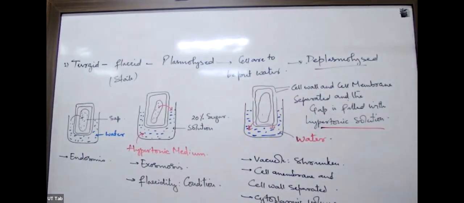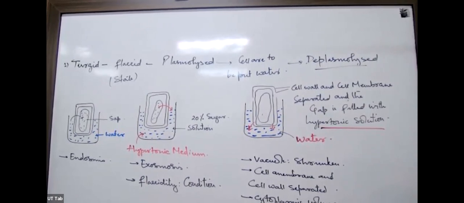The cell has not died out, and we are able now to revive the cell. What did we learn? We are talking about two terms, plasmolysis and deplasmolysis. What is the difference? Plasmolysis is the extreme loss of water by a cell placed in a hypertonic medium, and the extreme loss of water is by which process? Exosmosis. Ma'am, if the plasmolized cell is dead and we put it in a hypotonic solution, still the endosmosis will occur